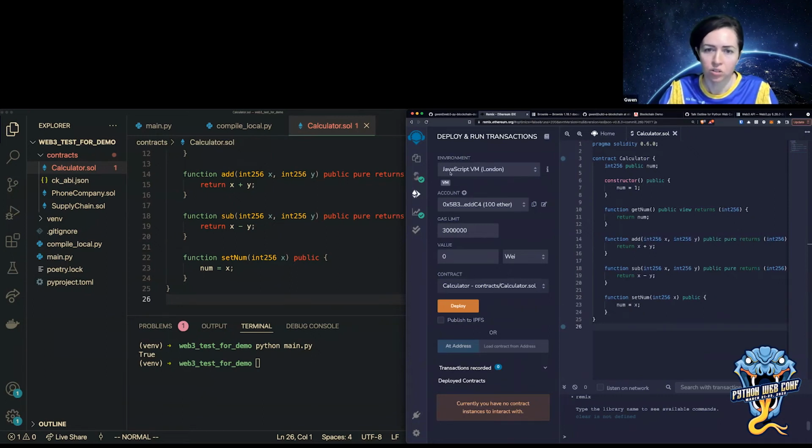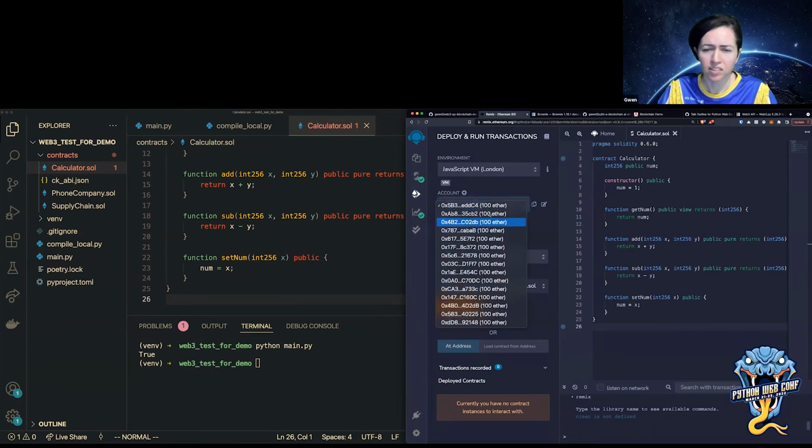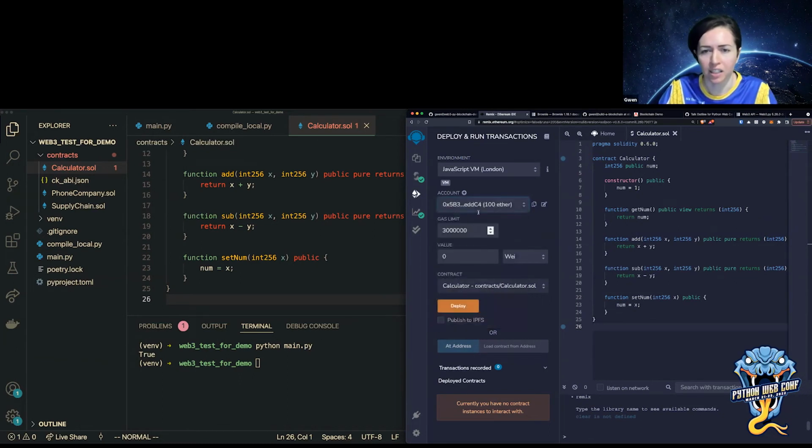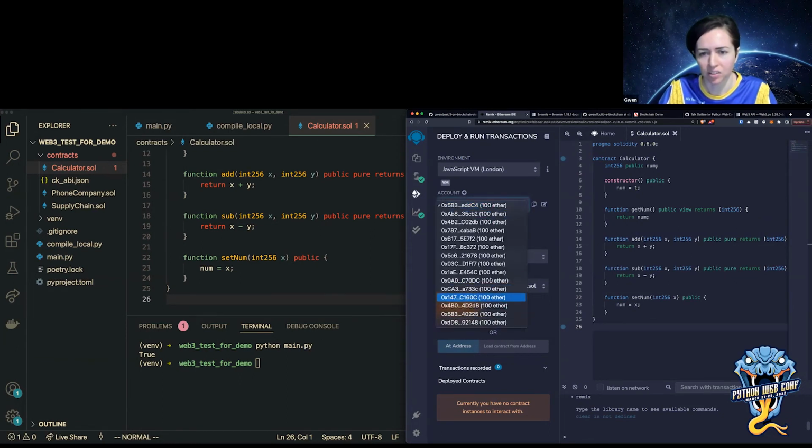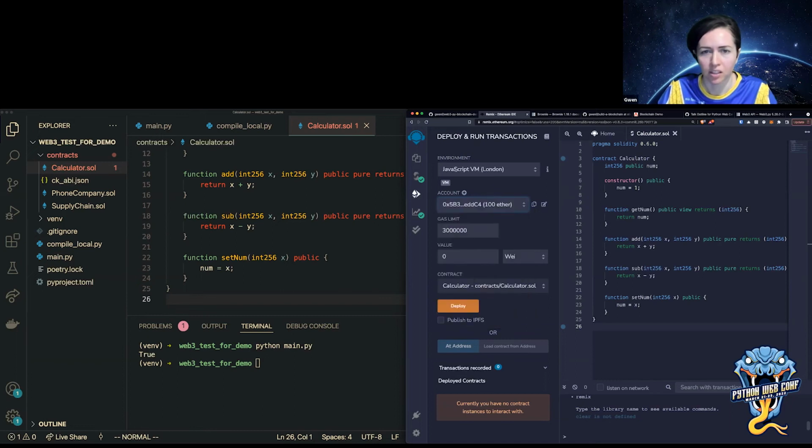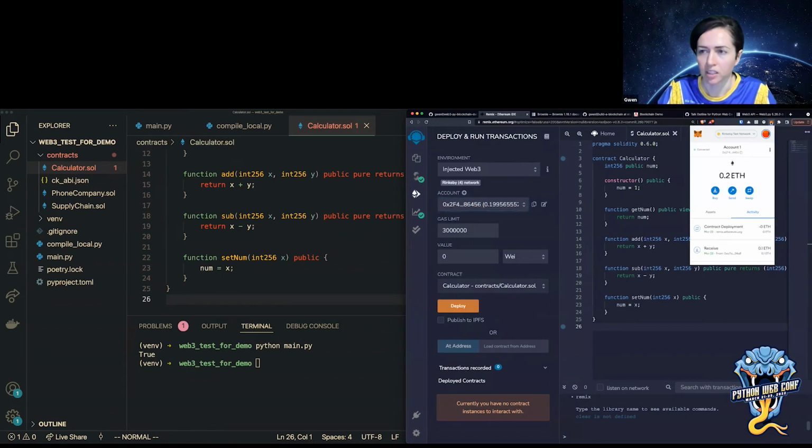So I can choose my environment. Remix gives you kind of an online version of Ganache. You can see all these accounts pre-populated with 100 in this JavaScript virtual machine. Now I am going to use injected Web3. Injected Web3 basically takes accounts, and I mentioned MetaMask earlier.